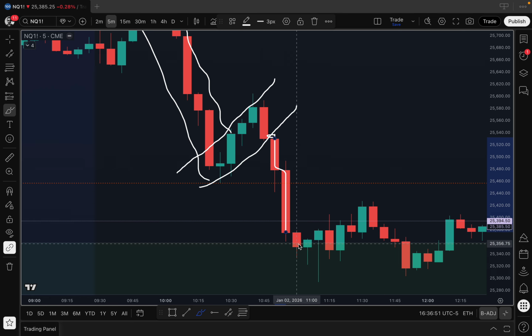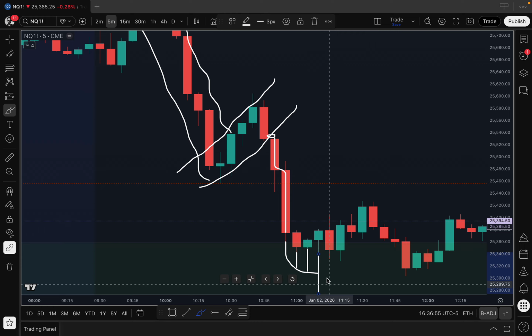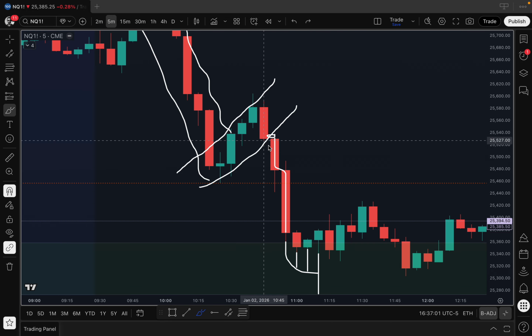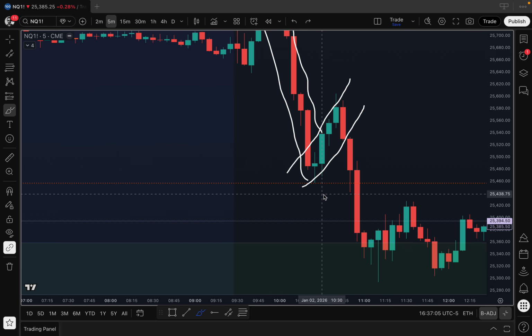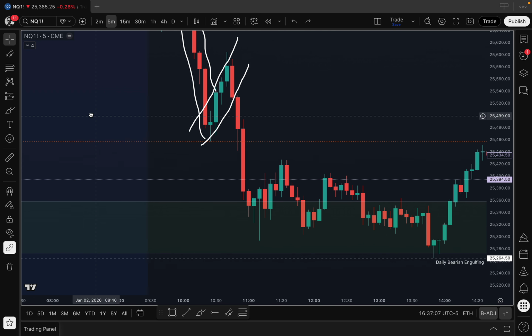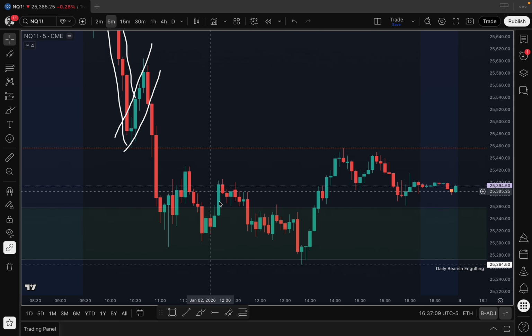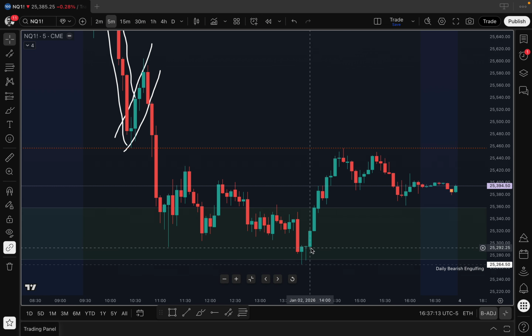And where did it go? It went to this zone down here, this demand zone. And look, you can see all these wicks that we've created here, right? We can't get lower. So at this point, the day was really over. Not much action after that. You can see that right here, we're really just starting to form what people call a chop box. We did have a little bit of a move in the after hours here, or at 2 o'clock, we moved